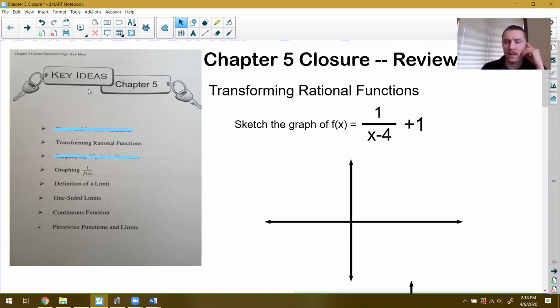I sent you this document as well. And I crossed off a couple of them, as you can see here. So we just have these six things to worry about. We're going to go through 4 problems, which should cover pretty much everything in terms of what I need you to do. The first thing that's listed there is transforming rational functions, which basically means making graphs or writing equations